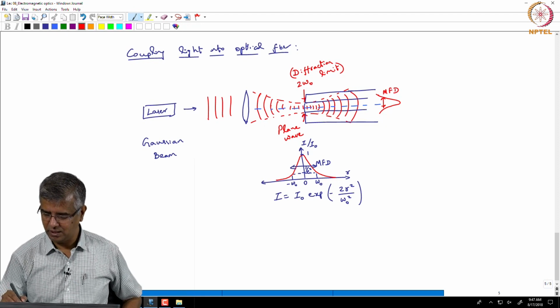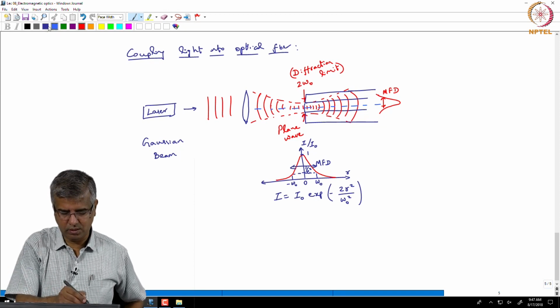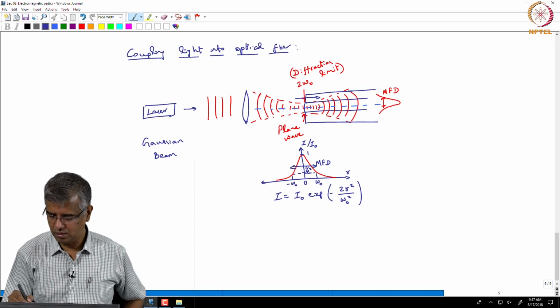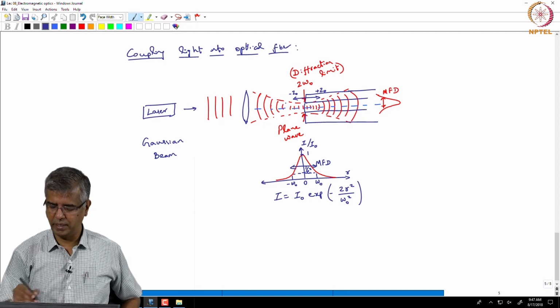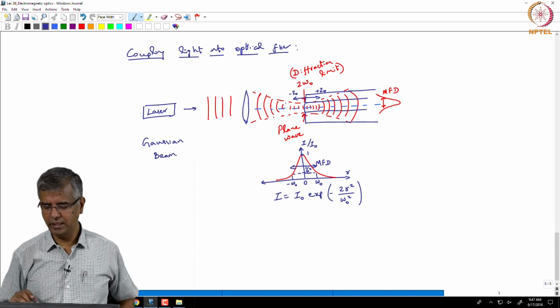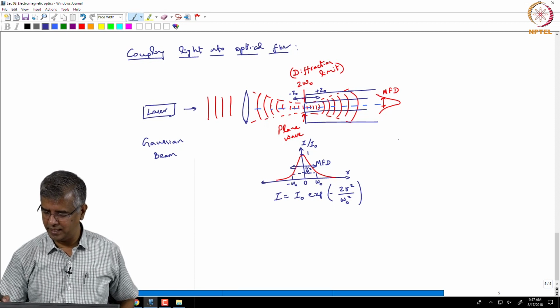So, what is the Rayleigh range? Across this region, going from plus z naught to minus z naught, it maintains a near planar wavefront. The Rayleigh range is defined such that, with z in this direction, at z equal to 0 it is like that, and at z equal to z naught